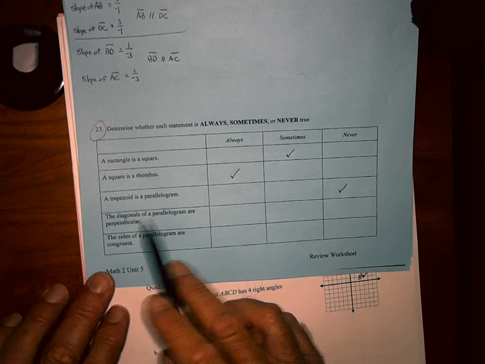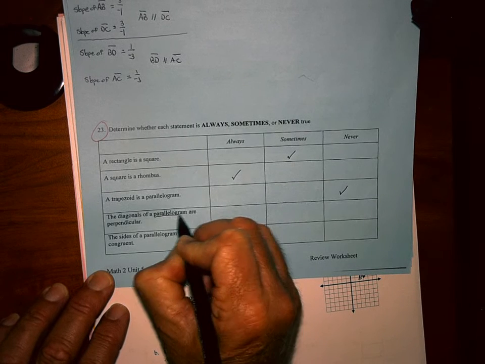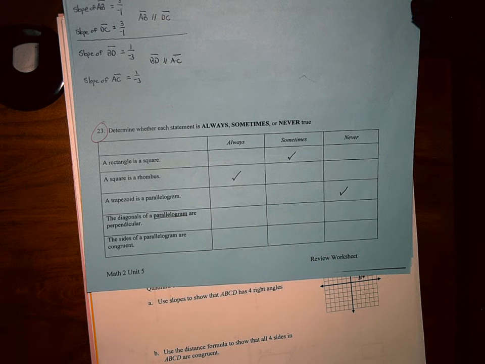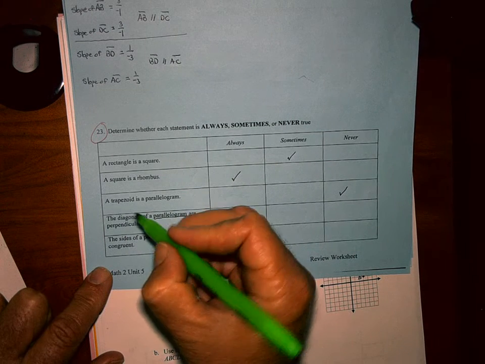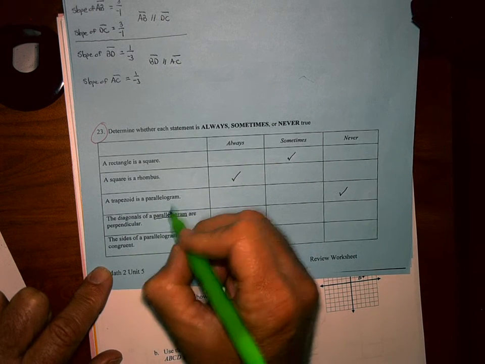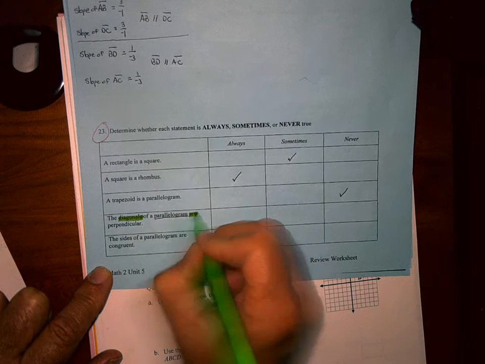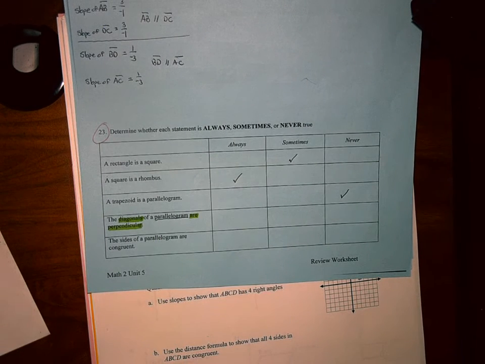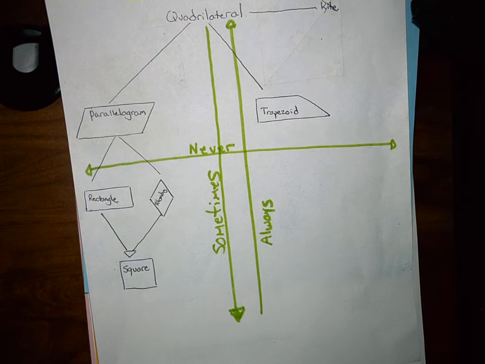So it says the diagonals of a parallelogram are perpendicular. So this is the only shape that is mentioned, okay? Parallelogram, so that's where I'm going to start on my chart, but then I have to go through, and for each one of the shapes, starting at parallelogram on down, I have to answer yes or no, are the diagonals perpendicular? Okay? And you have to know the properties. So a parallelogram, are the diagonals perpendicular? All right, well, if you're not sure about this because you just haven't studied the properties enough, you could go back to your notes